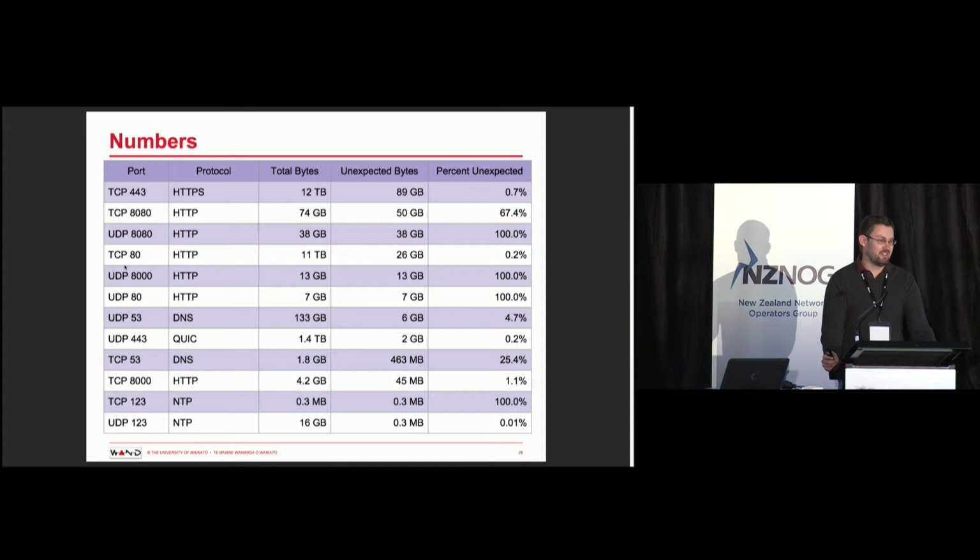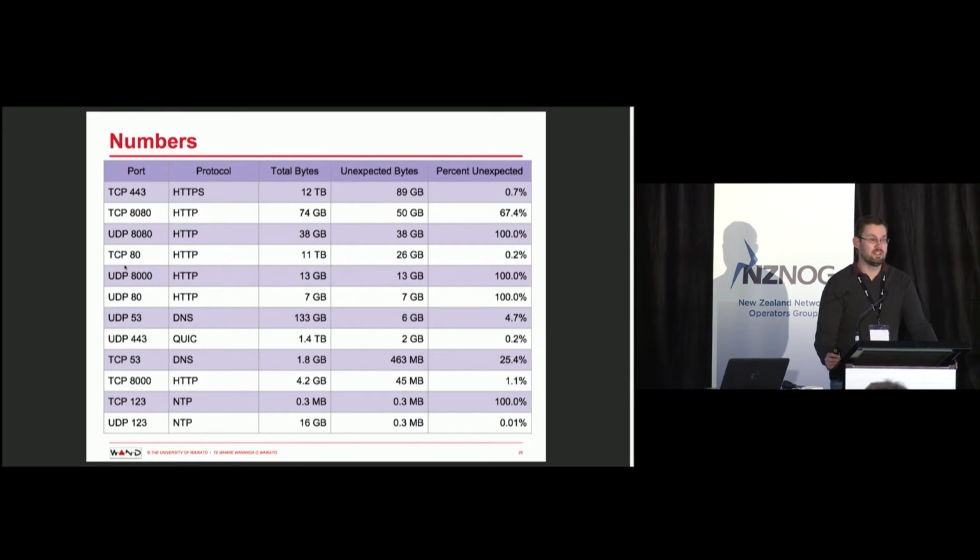Right, so once I had endlessly repeated that cycle, I've been able to boil it down to a few basic numbers, which I've got here. So this is a table of the number of what I call unexpected bytes, so bytes for flows that don't match the expected protocol on that port. It's sorted by the total number of unexpected bytes seen on each port. So the port with the most unexpected bytes is TCP 443, it's got 89 gigabytes, but overall that's only a small percentage of the traffic that we saw on that port, so 0.7%. But you'll notice the next two below that,